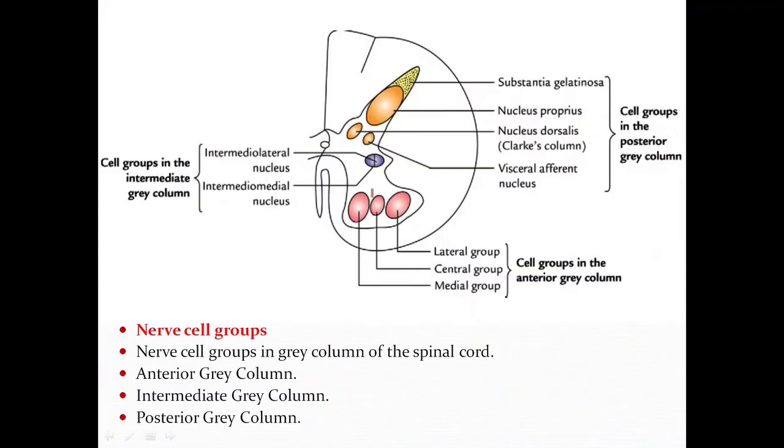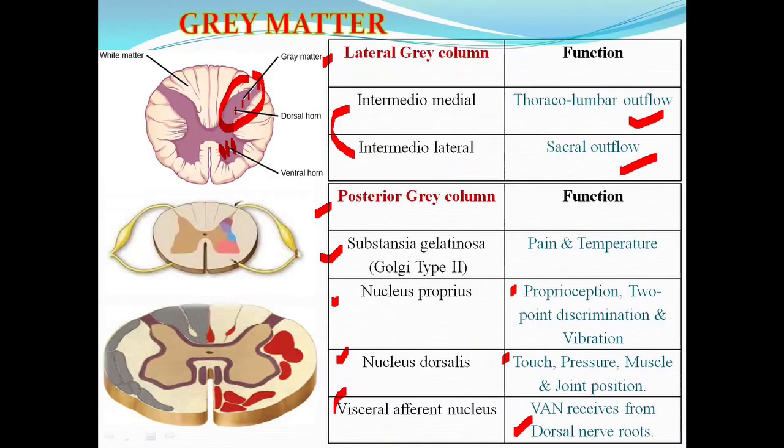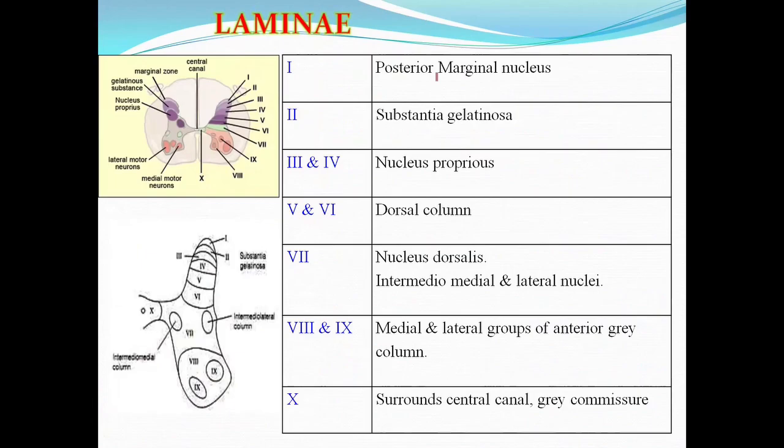So now we have studied the anterior gray column nuclei, lateral gray column nuclei, and the posterior gray column nuclei around the central canal. So now this is one half. And altogether, I can categorize them in one single scheme. I can call them laminae. From the posterior onwards, the posterior marginal nucleus I can name as lamina 1. Lamina 2, I can call substantia gelatinosa. Laminae 3 and 4 are for nucleus proprius. And 5 and 6 are for Clark's column or dorsal column,